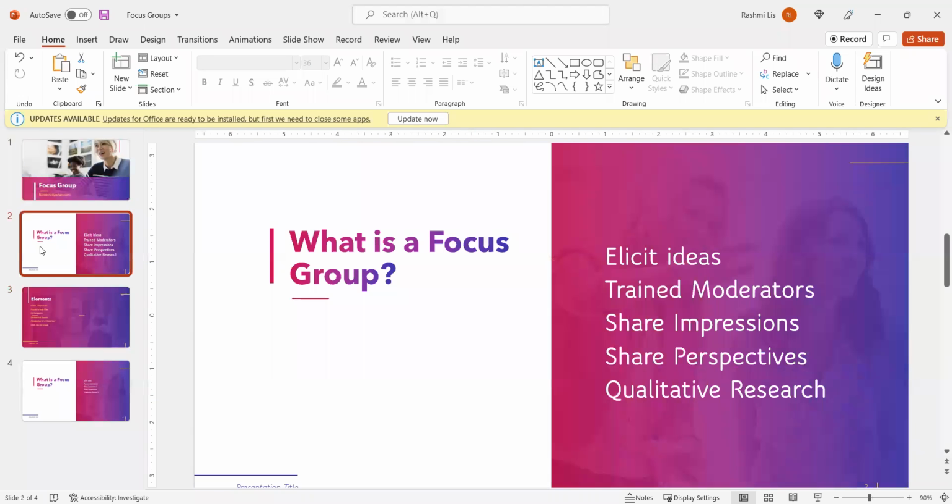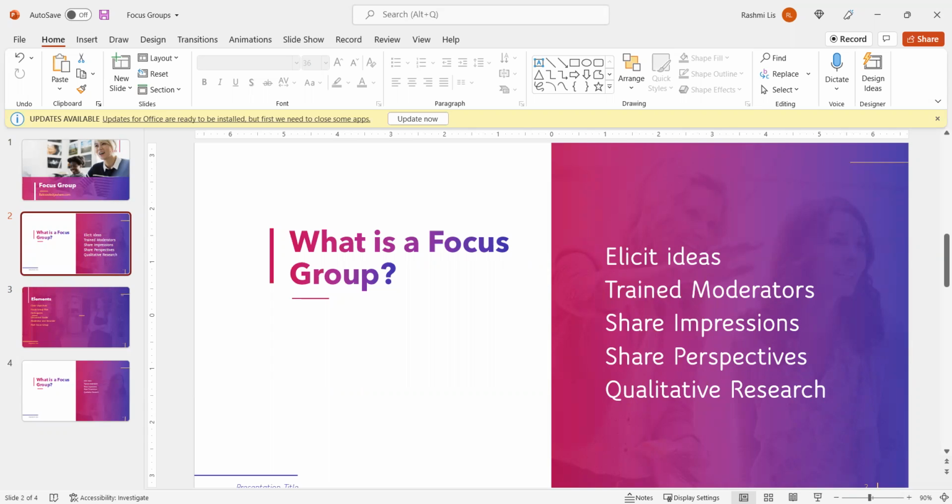When we talk about a focus group, why is it important for business analysts? This is just a tool in your toolbox that you can leverage as you are either eliciting requirements or working to understand a certain problem or how users use a certain product, as an example. This is a great way to understand opinions as well as to elicit ideas